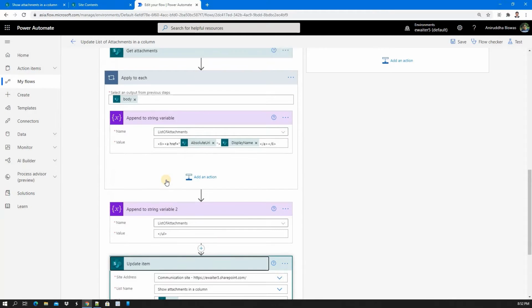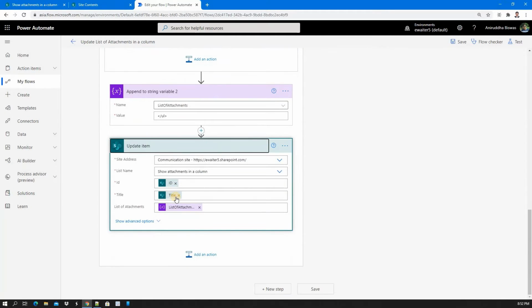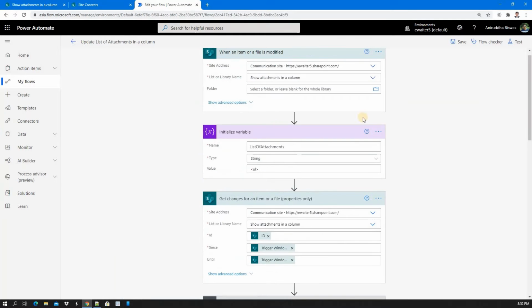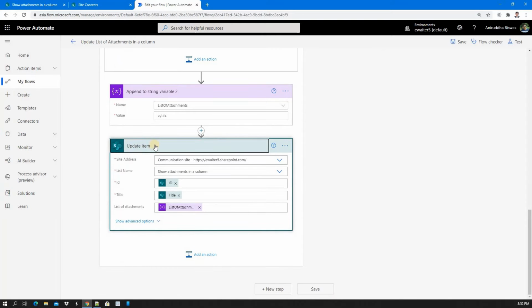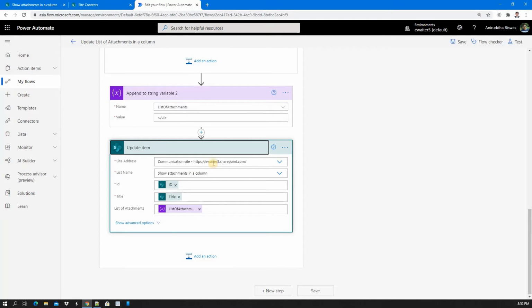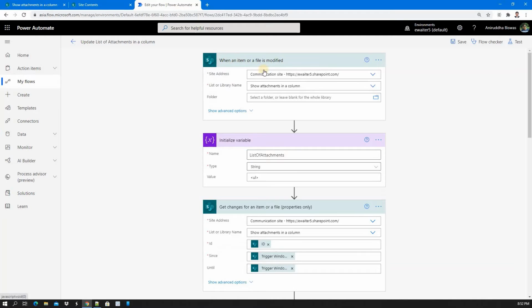Correct? There would be no problem. But doing so, it will loop through the things always. Why? Because this is update item, and update item means it will always trigger this flow again.